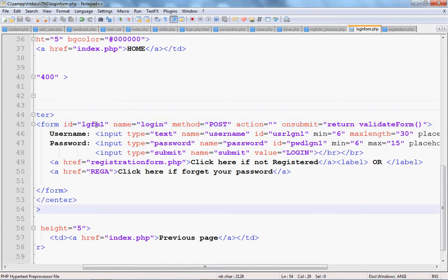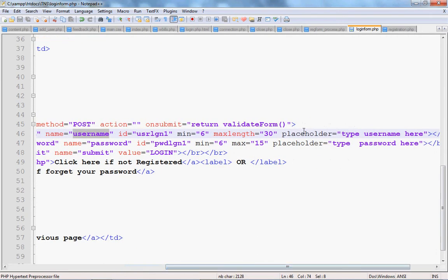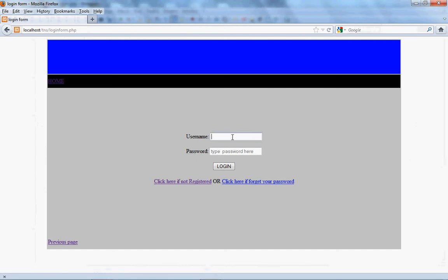And here we have the username, and the input type used for capturing the username is text, and the name of that text is username. The ID has a minimum number of characters to be entered in the username, and also we have the maximum number of characters to be entered. And here we have the placeholder. This gives out the name which you see on the background of a text box, like "type your username here",